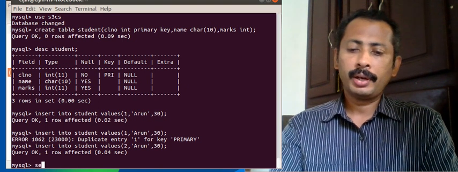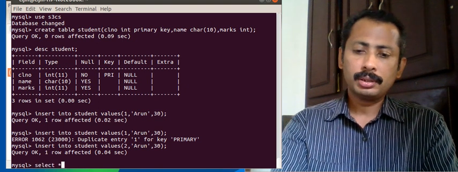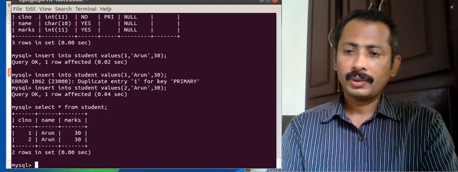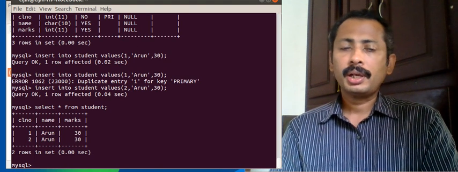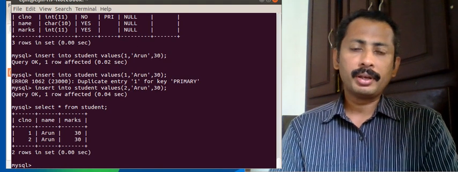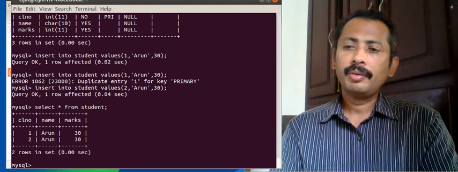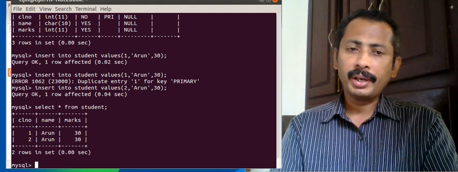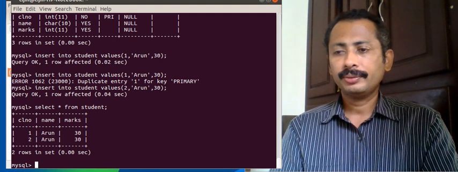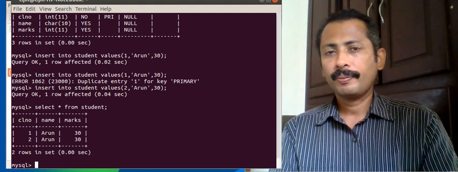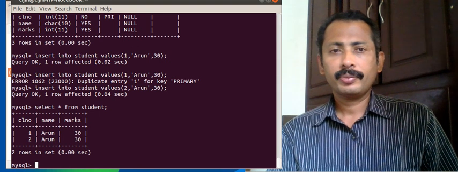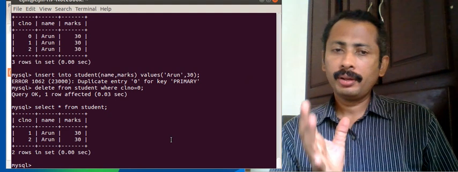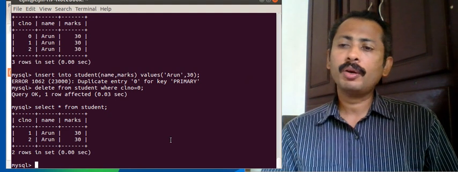That is, we have two records, select star from student. So the class number field is made a primary key, and we cannot insert duplicate values in that field. Okay, so this is the way that we create a primary key along with table creation.